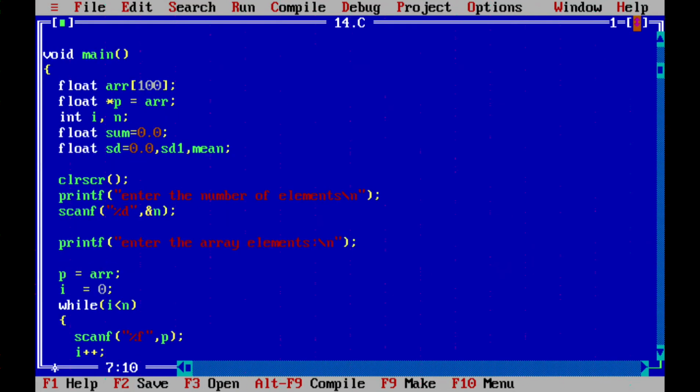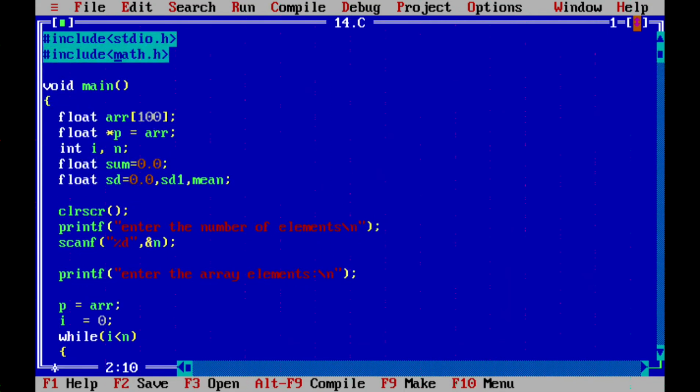They are asking us to do pointer arithmetic, so use pointers for this array. That's why a float pointer p is assigned to the array. If you don't define this, then the array name is going to be an address. So both are the same.